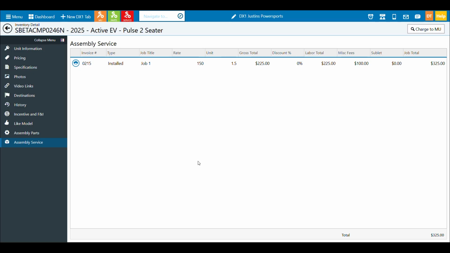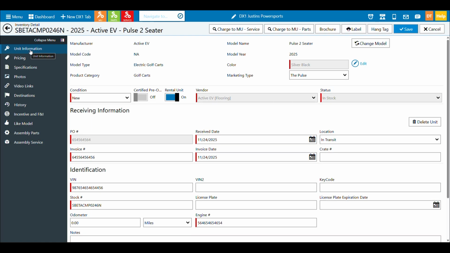Again, you're adding things to the unit, so you're increasing the cost of a unit. In another chapter, when we talk about how to do major unit sales, we'll show how you can request parts and service invoices that do not impact the cost of the vehicle, but simply get attached to the major unit deal. So those are the components of a unit.